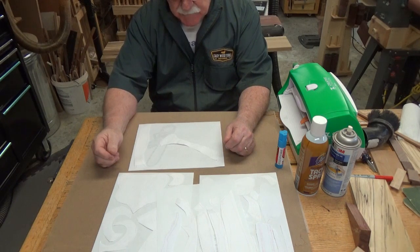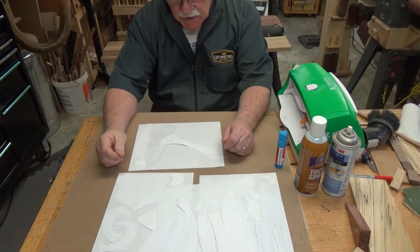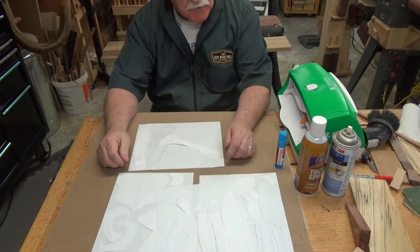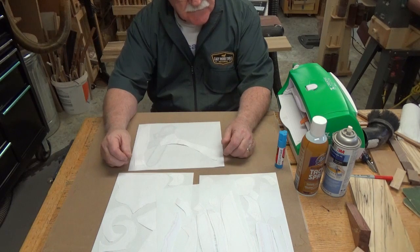So the next step is gluing the pieces of paper to the board. How do we glue? There's a lot of ways we can glue paper to wood. There's a lot of different glues. In this case,